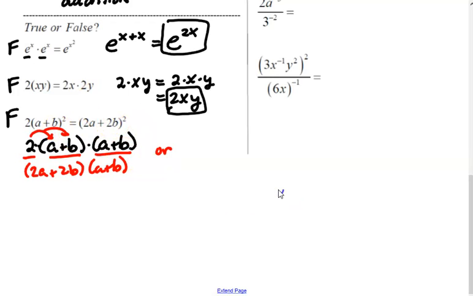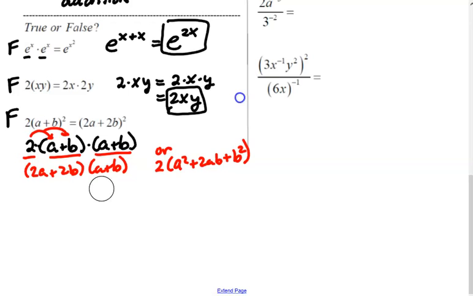Or I could say 2 times the quantity a squared plus 2ab plus b squared, and then multiply everything by 2, because then I would be distributing over addition. So I had 2a squared plus 4ab plus 2b squared. So either way I did it, I would end up with